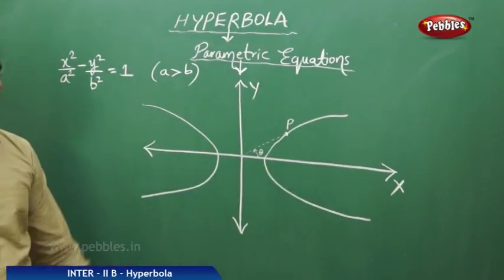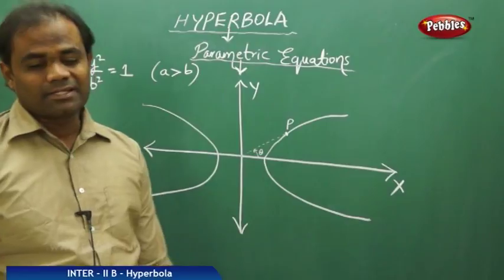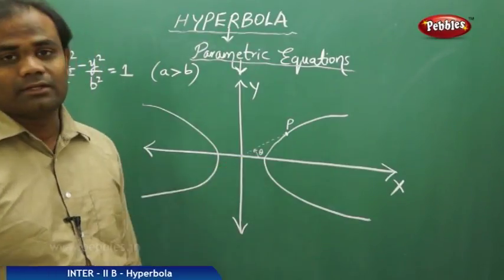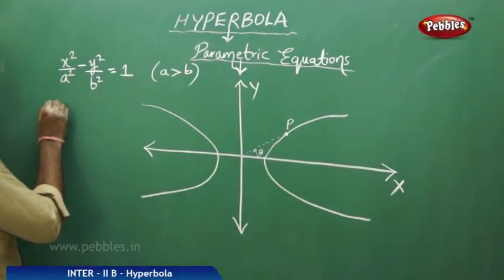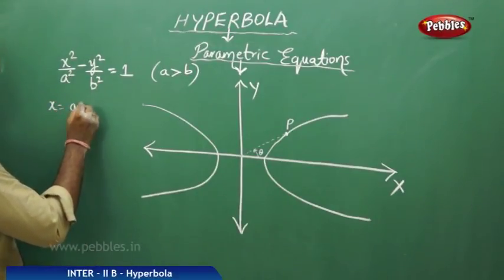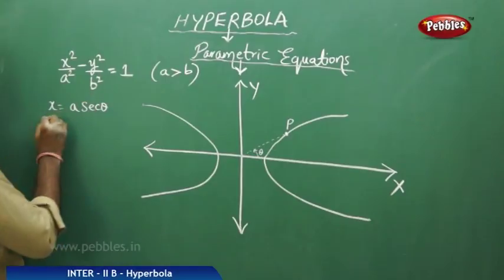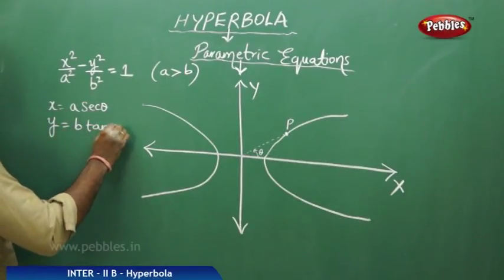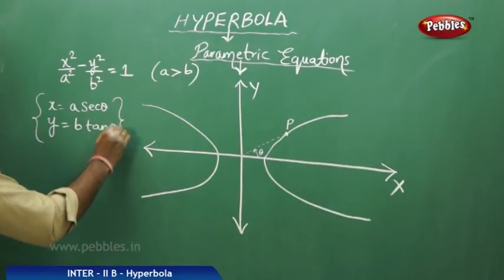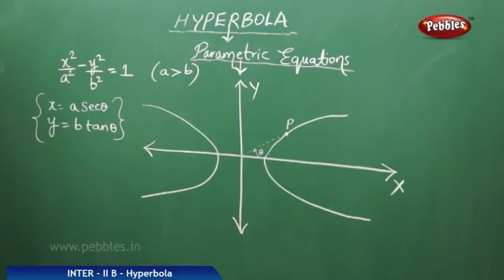Then this point P is said to have the x and y coordinates connected with angle theta and with a and b, because if I have x equals a secant theta and y equals b tan theta,